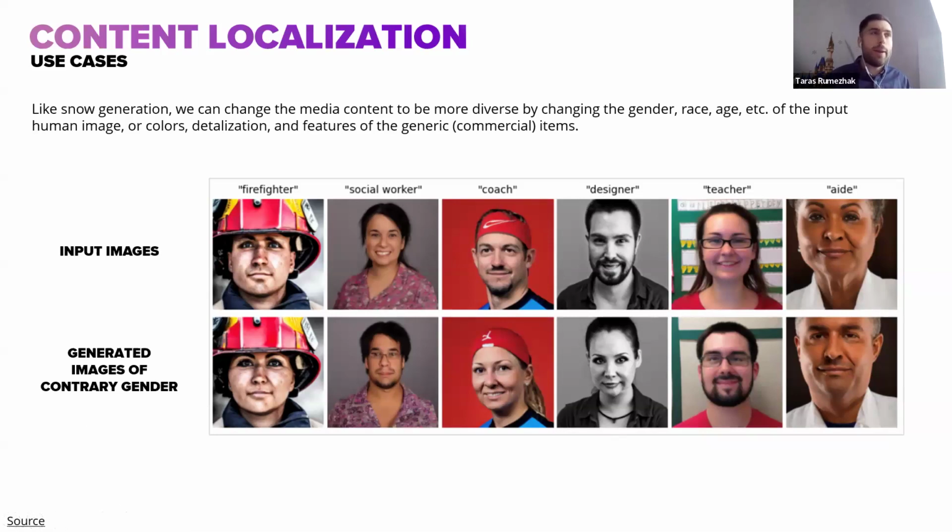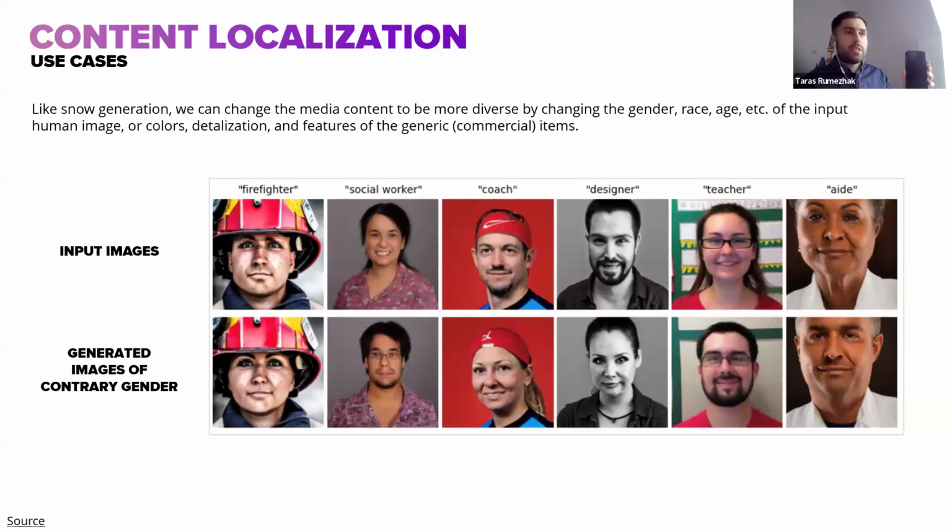For example, you are a retail company, and let's imagine you're advertising a phone, and you have an image of a nice model looking at the phone and presenting it to the audience. And I'm a white male, and this can be done, for example, for the European market. But in the Middle East, you want to localize this